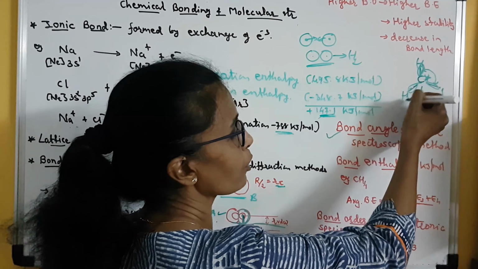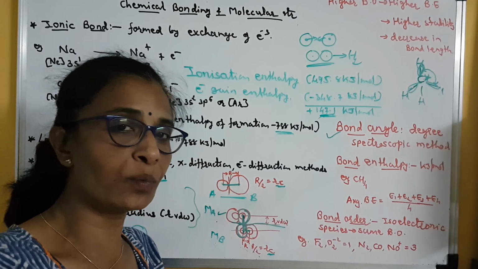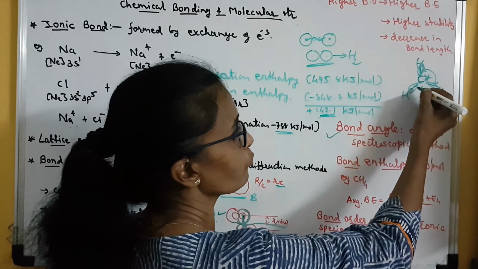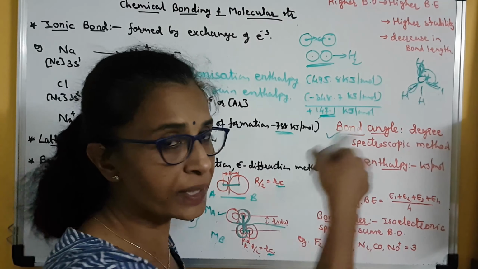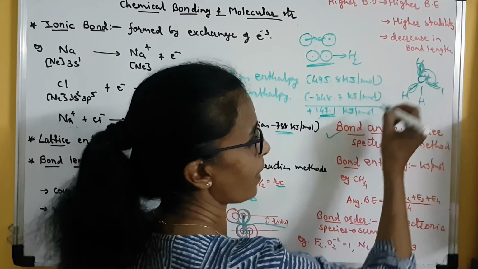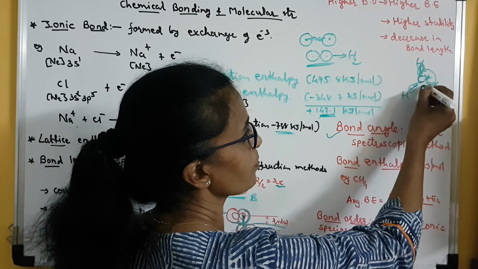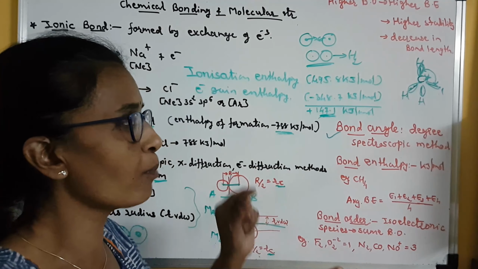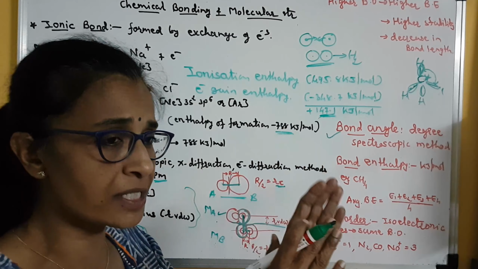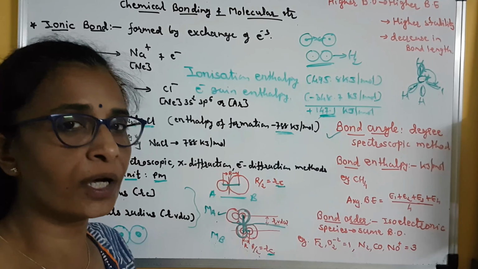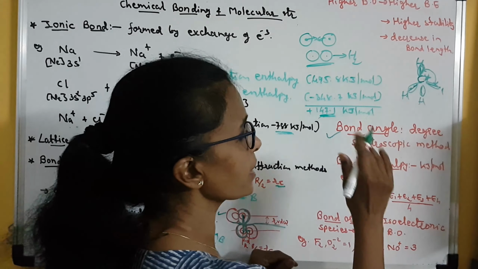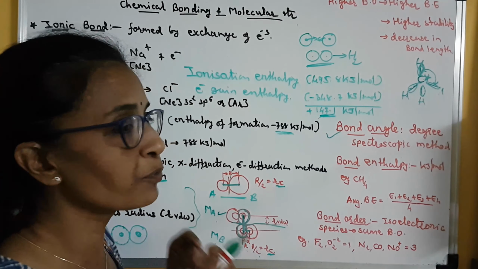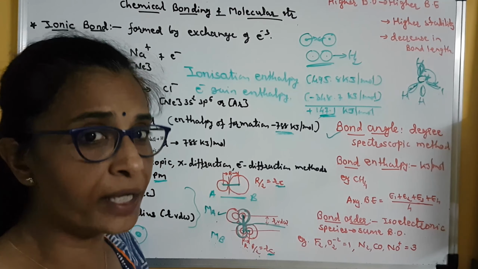Here carbon and hydrogen both share one unpaired electron each, and they form a bonding pair between them. So there are 4 bonding pairs, and these bonding pairs are present in the orbitals which are called bonding orbitals. This we will discuss in detail in the chapter of organic chemistry, but here just to make you understand what bond angle is and what a bonding orbital is.